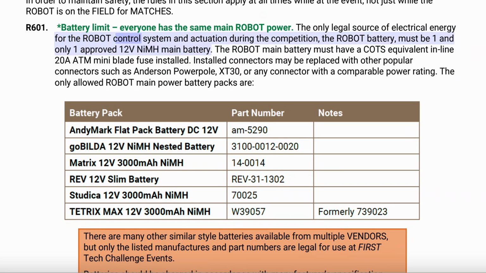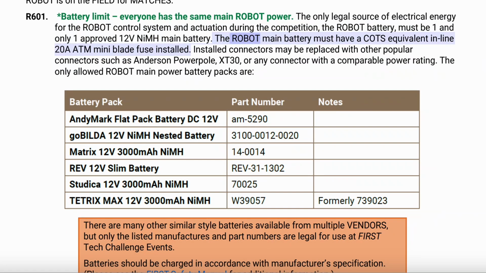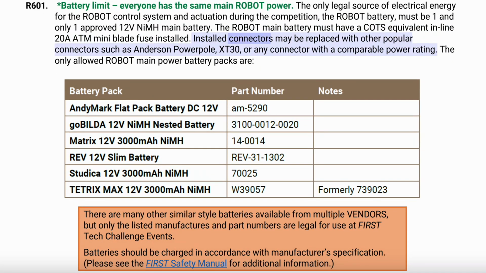For the robot control system and actuation during the competition, the robot battery must be one and only one approved 12 volt NiMH main battery. The robot main battery must have a COTS equivalent inline 20A ATM mini blade fuse installed. Installed connectors may be replaced with other popular connectors such as Anderson Power Pole, XT30, or any connector with a